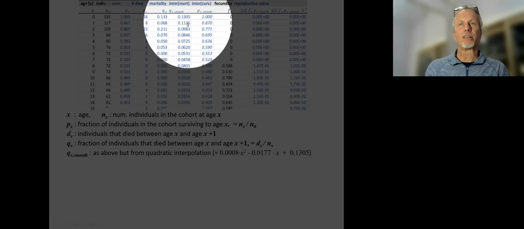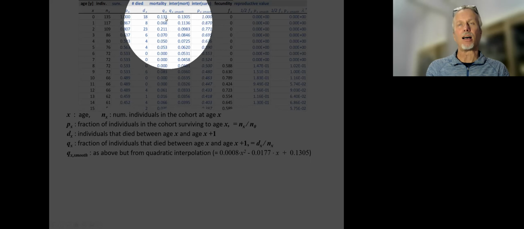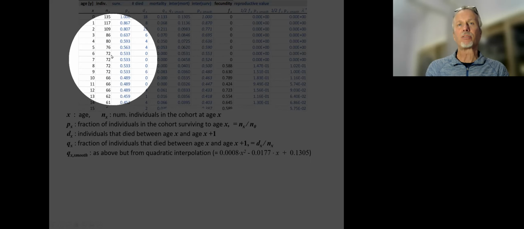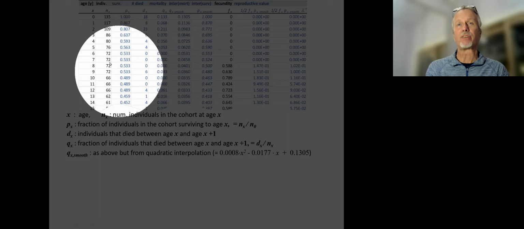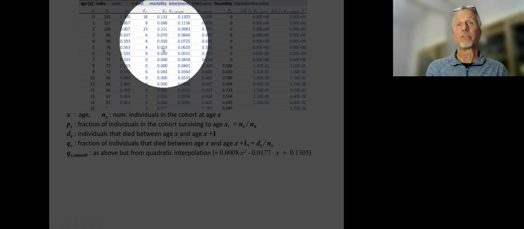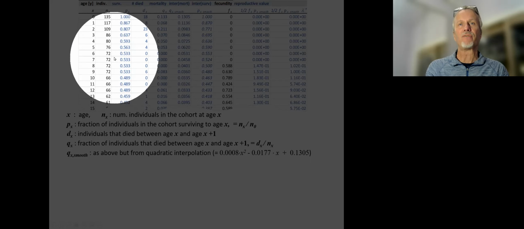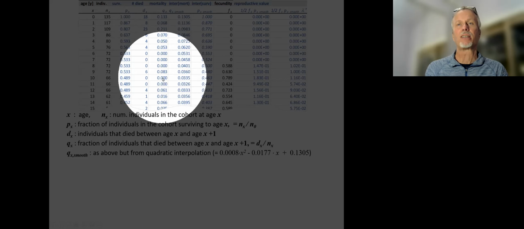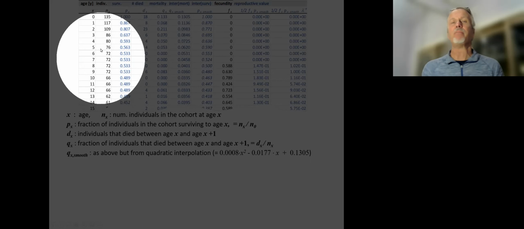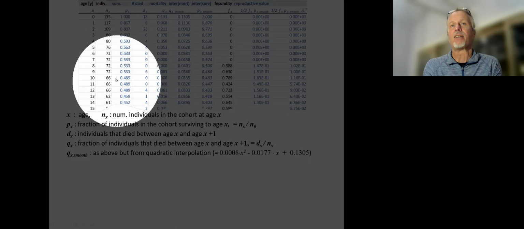We'll see in the lab that this fraction of individuals that died reflects how many individuals happen to die year after year. For instance, here for a few years no individual died, and so the Q of X is equal to 0 to reflect the fact that the number of individuals remains constant. That does not really mean that the mortality rate is equal to 0, but simply that no individual died